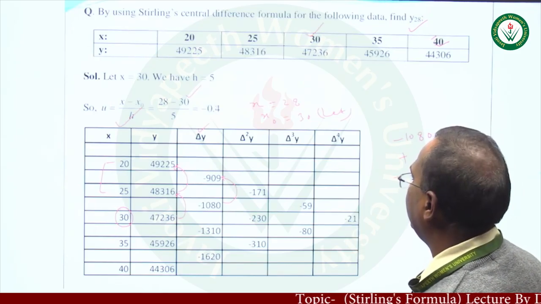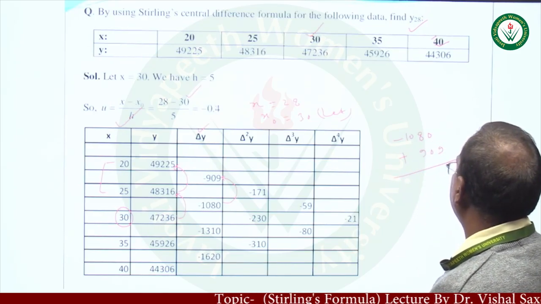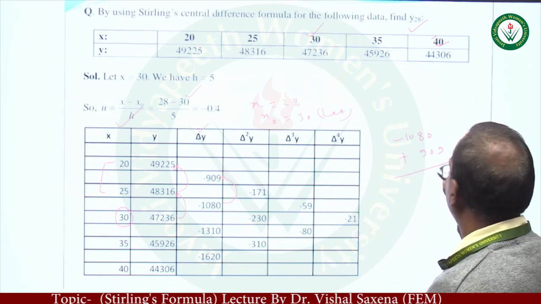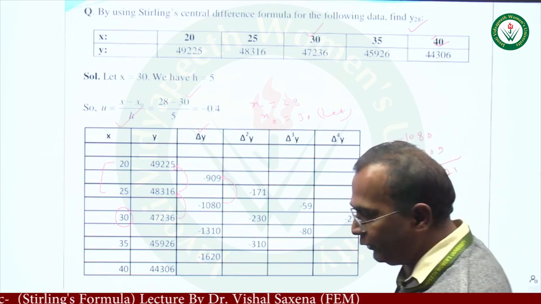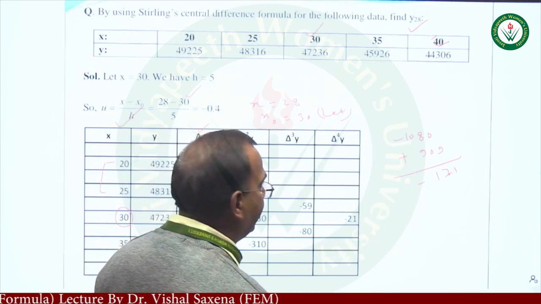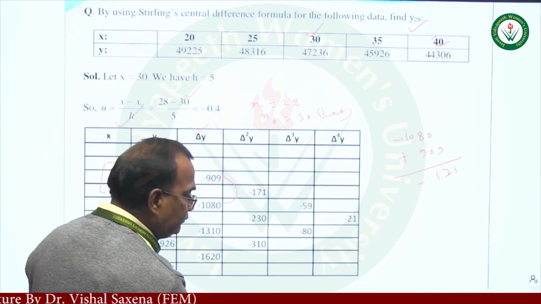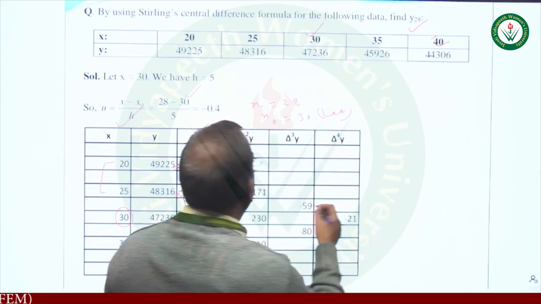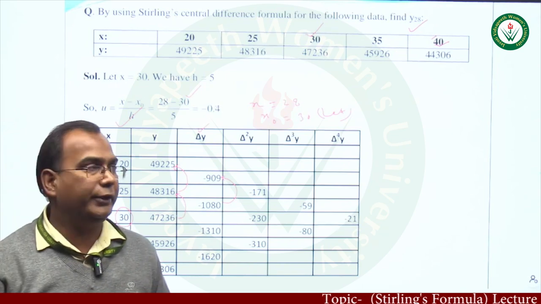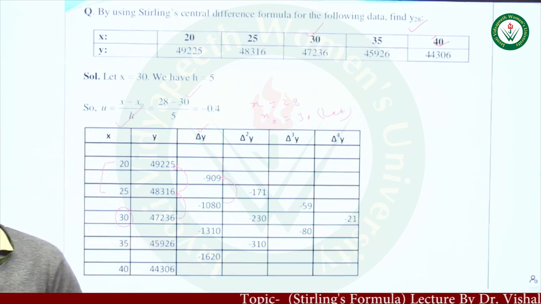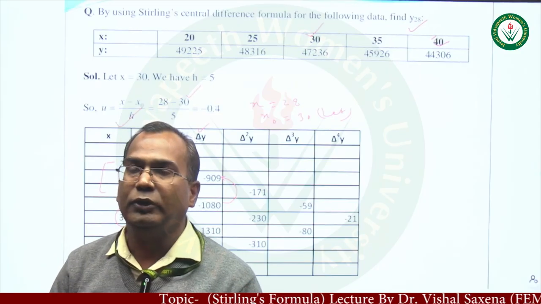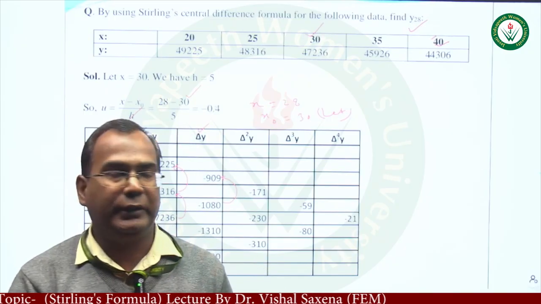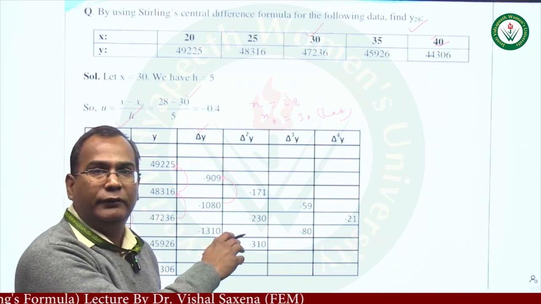We can calculate: 10 minus 9 is 1, then it is 7, and then here just 1. And this is because the negative quantity is greater, so minus 171 is coming there. So in this way these differences can be calculated: del y, del square y, del cube y, and so on. These are the various differences, and in this way we can find these various differences.